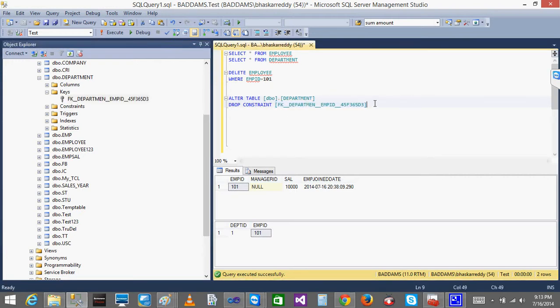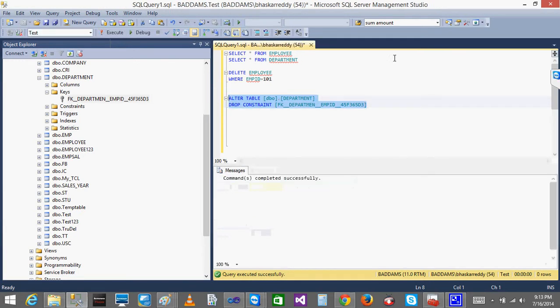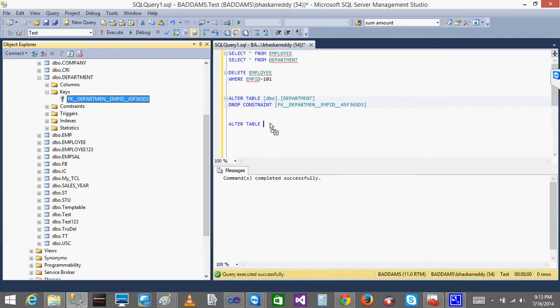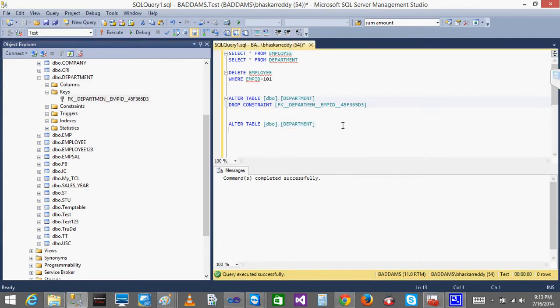Now I'll drop this. After dropping, I need to recreate it. You can't alter the constraint; always drop and recreate. Remember this. I will write alter table, the department table, and then add foreign key.